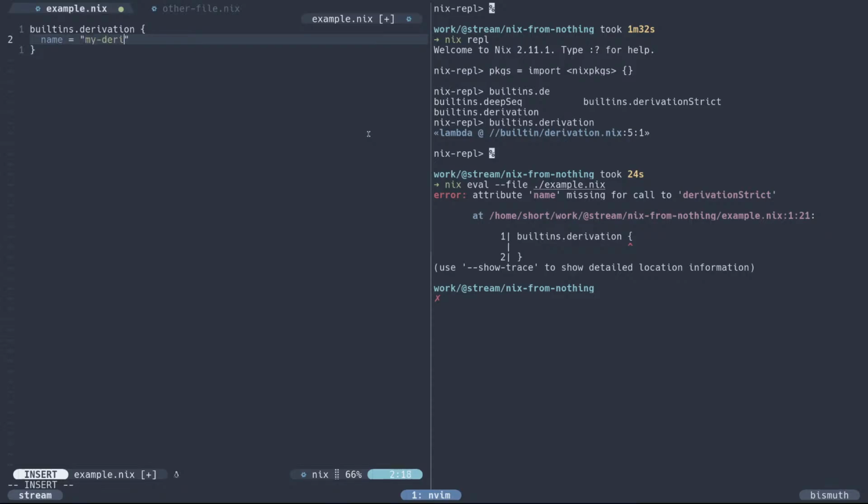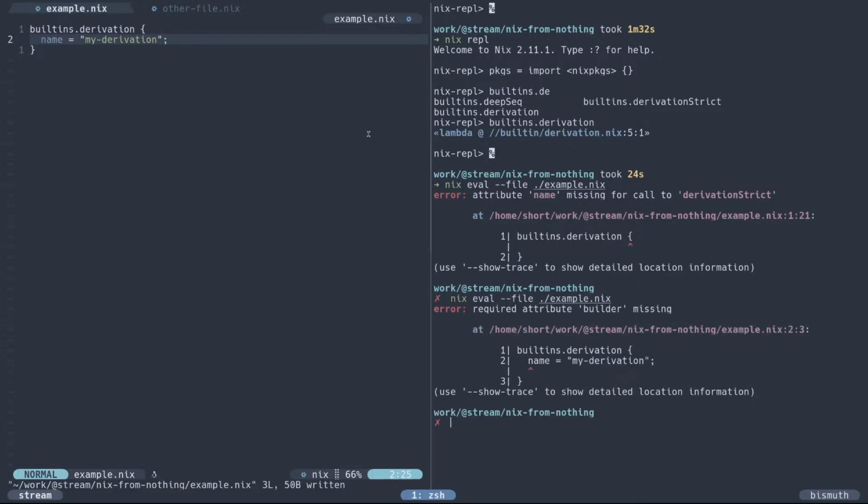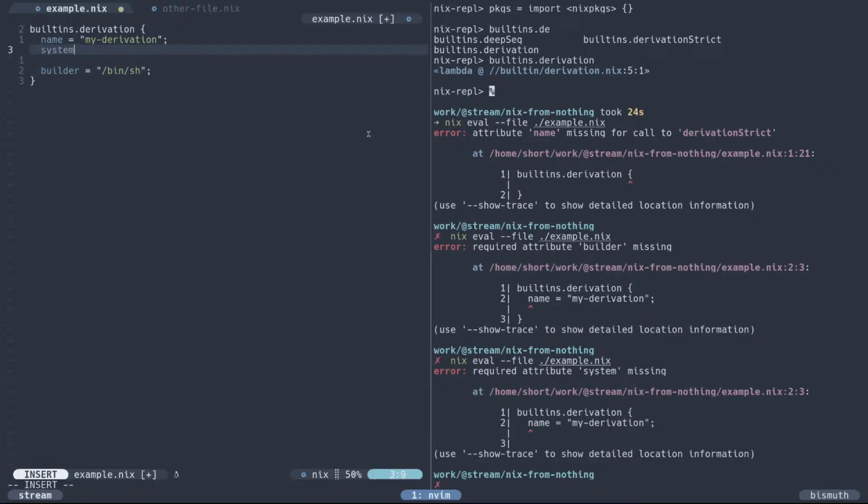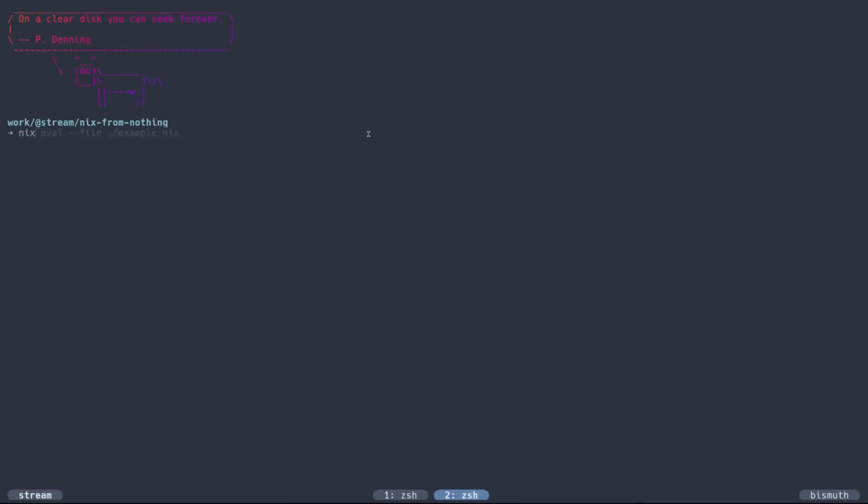Say my derivation is the name. We also need a builder. So our builder is going to be, let's say, bin/sh. That's the program we're going to execute to actually make our package. And we need a system. So system, I'm going to say x86_64-linux. And these systems you can find going to